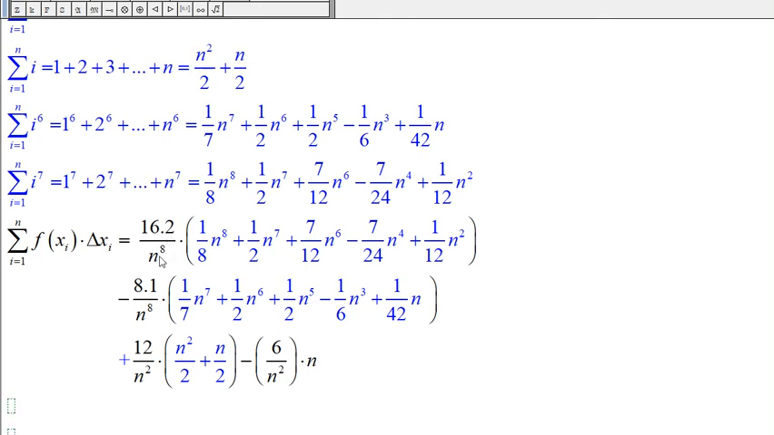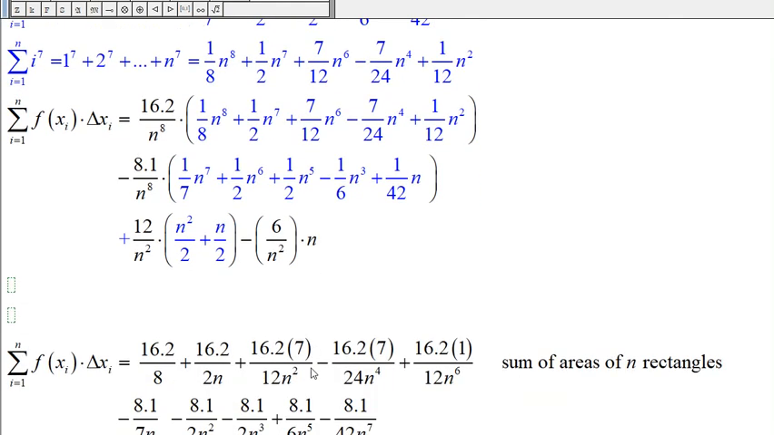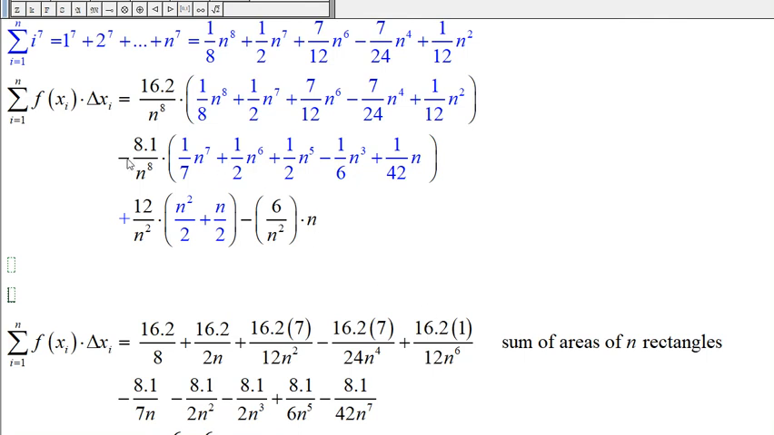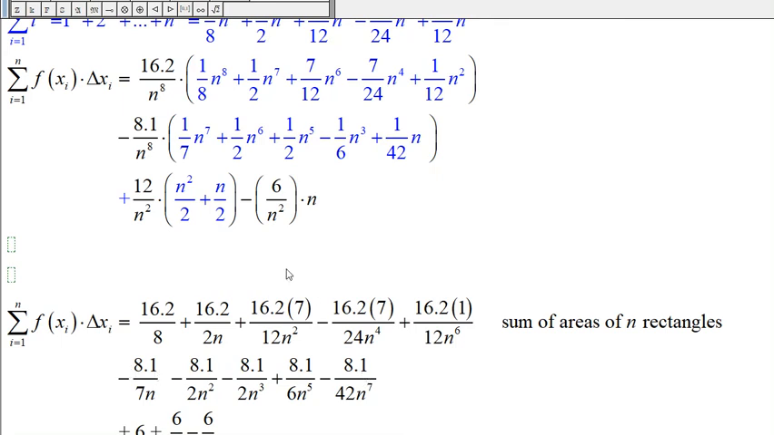So it'd be 16.2 over n to the 8th, and then this is summation of i to the 7th, and then minus 8.1 divided by n to the 8th, and this is summation of i to the 6th, and then plus 12 over n squared, and then times, this is summation of i. And then that last term was the summation of this constant, so it's times n. And then multiplying this out, we get this line right here. And then multiplying the second line out, this is what we get. And then the last line,